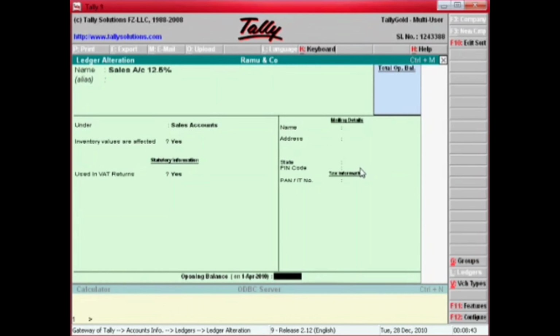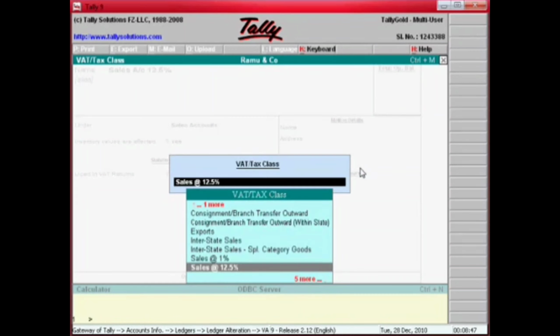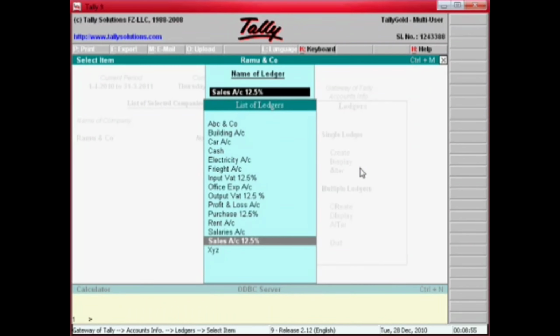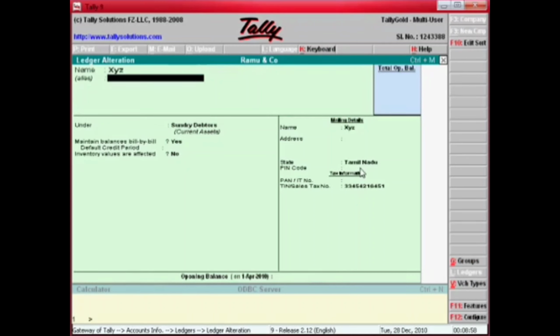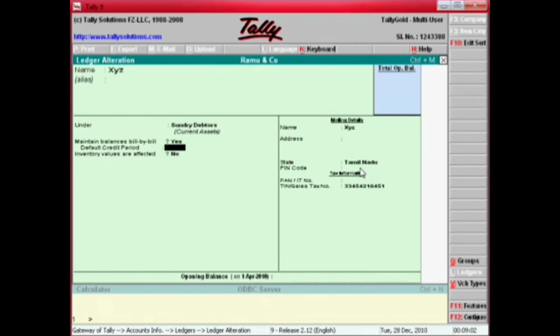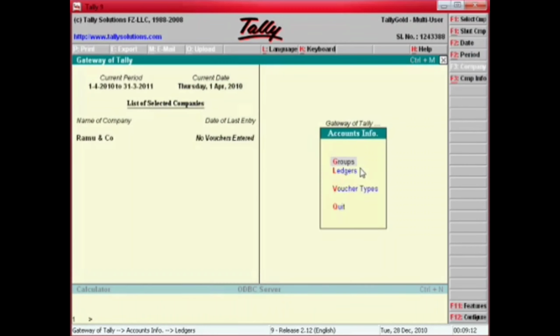VAT, yes. VAT classification is sales 12.5%. XYZ is the customer ledger. Maintain bill-wise bill, okay. Here enter the customer TIN number, sales tax number. That's all.